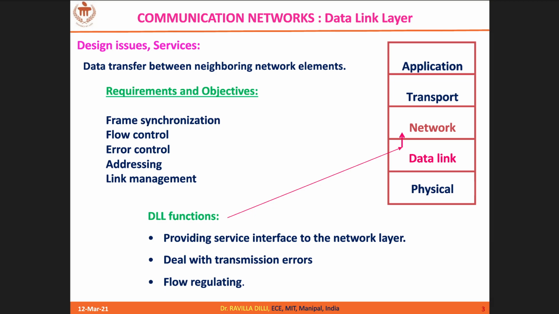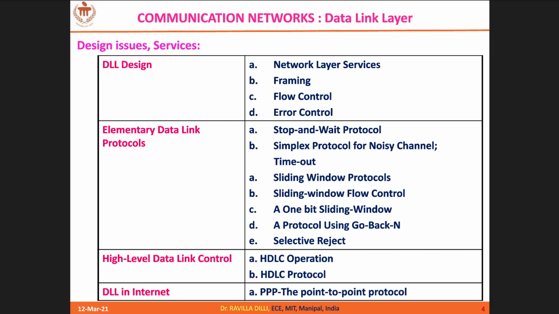Okay, let us see how it works. You can see the summary of DLL design. It provides services to the network layer, and framing, as I told you, is about the boundaries of the frame, which we are going to discuss in this lecture. Then flow control, the fast sender and slow receiver and how you coordinate them, and error control, how to detect and correct errors. If you remember, we have seen a few such techniques in the laboratory, right? I myself have explained to a few batches the Hamming code and cyclic redundancy check.